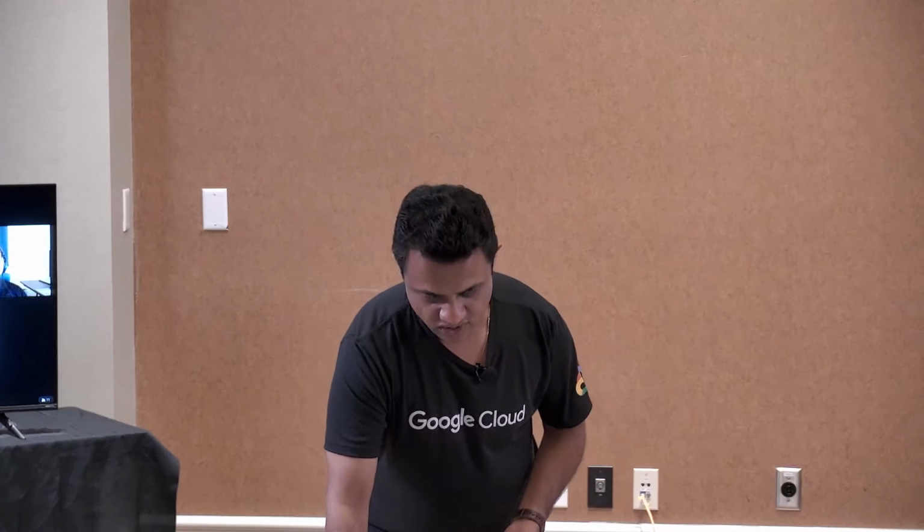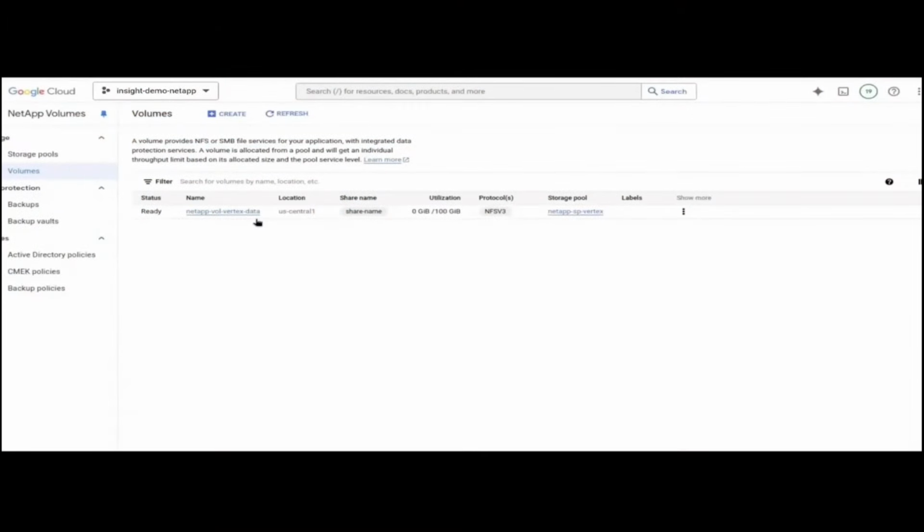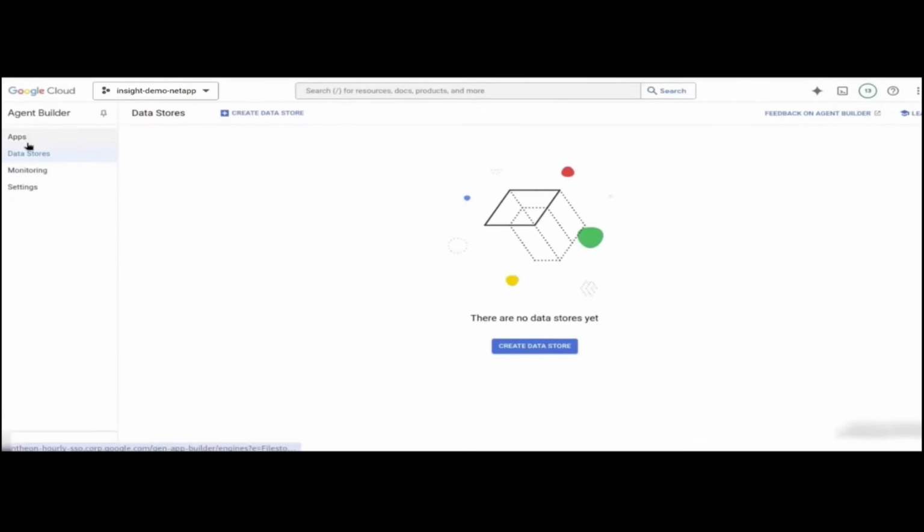And we'll talk about the first part of this, which is how do you connect it, right? So this particular file share is where all of this data exists. And within what we're doing here is enable adding this as a data store within Vertex AI Agent Builder,